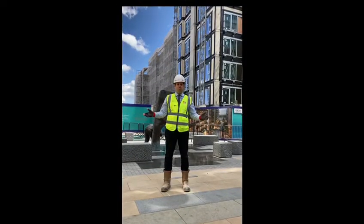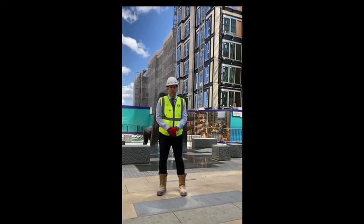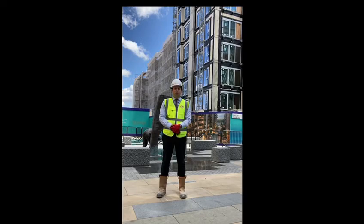Welcome to Fulham Reach. I'm standing in front of Holland House, where you can see excellent progress on the facade, including windows and curtain wall. We can also see brickwork going up from our scaffold, which has progressed to level 4. All of those facades should be done by August, where we can take down the scaffold and start installing balconies